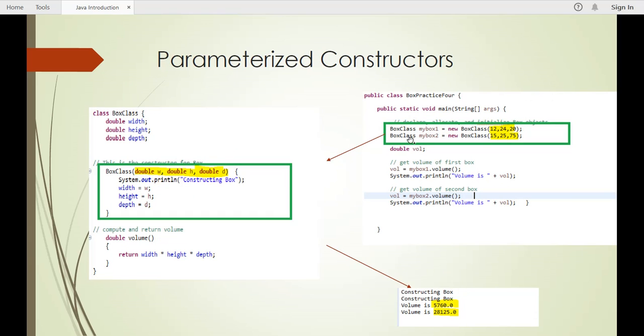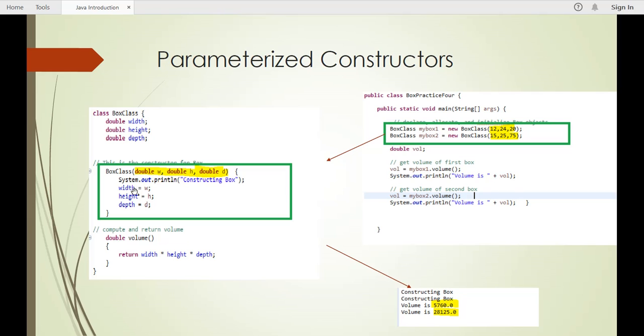We can create myBox1 equal to new Box class and pass the values directly here. This is dynamic initialization of variables, passing these values to these variables. Now you will see we have three parameters of double data type: w, h and d.